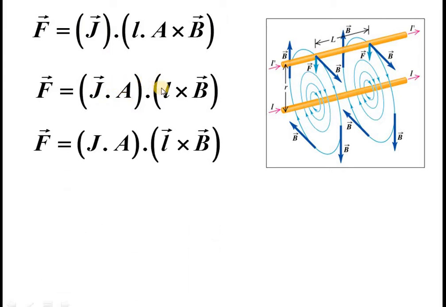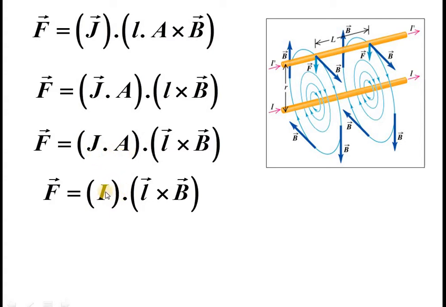Again, you can attribute the vector notation of J to L, provided J and L are in the same direction. That is, there is no harm in considering it like that. So the vector notation is attributed to L and J is brought as a scalar quantity. Now you see J into A, we have studied in the previous module, because current is equal to J into A. Current by area is volume current density. So J into A, you can replace with the current simply. J is current density, whereas I is current.